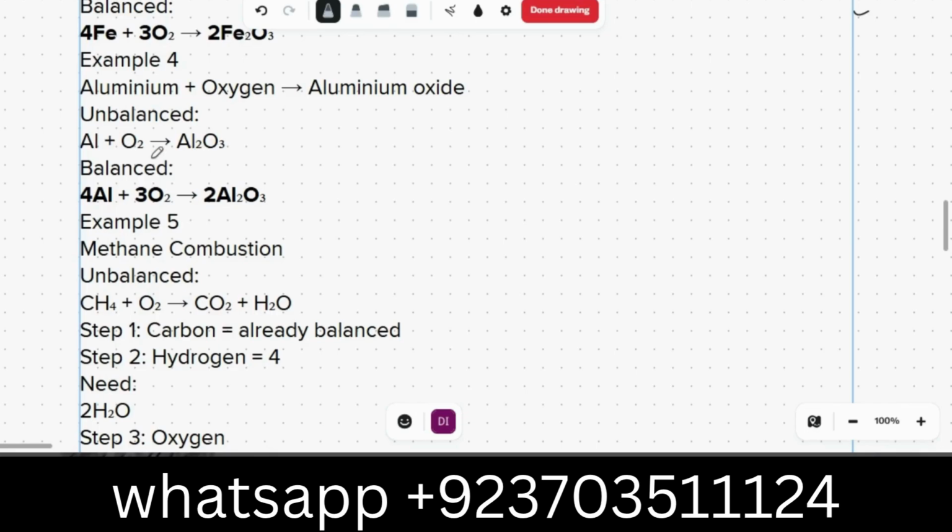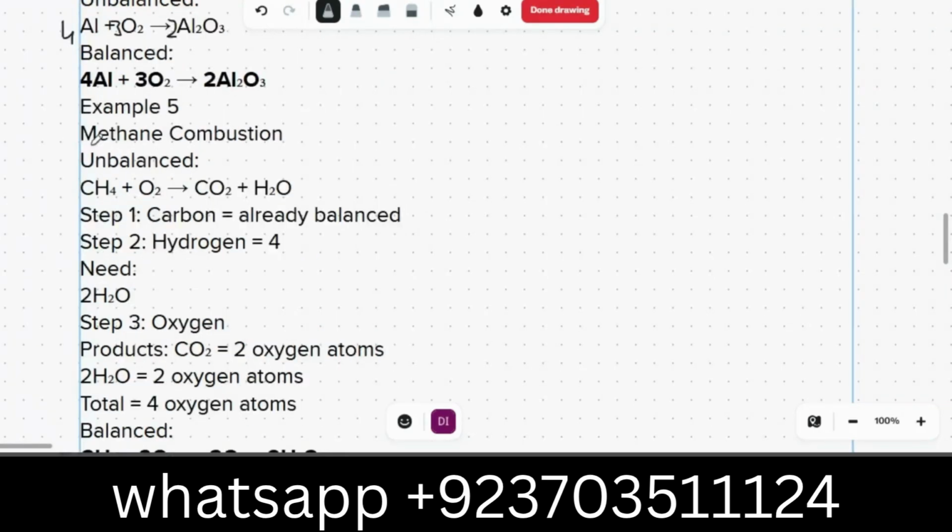That is also the same for Al2O3. Here we have 2 oxygen and here we have 3 oxygen, so we will cross multiply it. That would be 2 and that would be 3. Now how many aluminum do we have? 2 times 2 is 4, so we will simply multiply this value by 4.